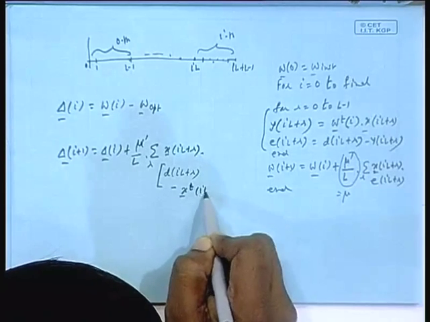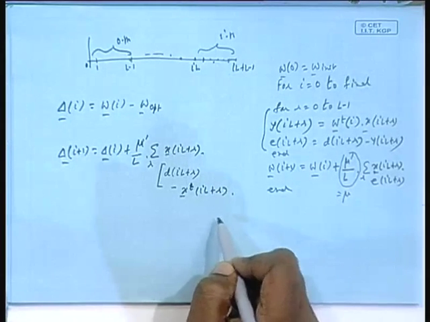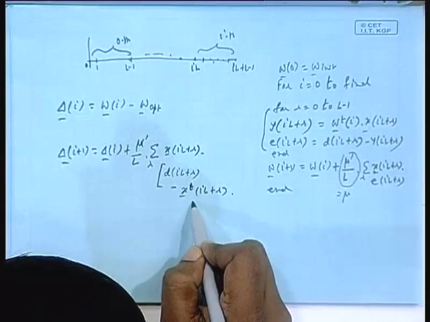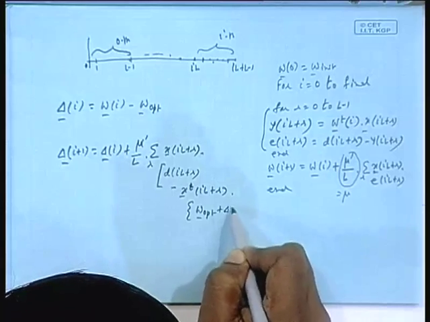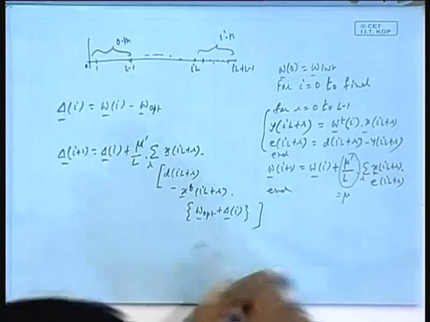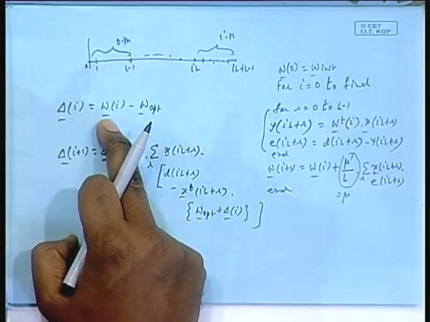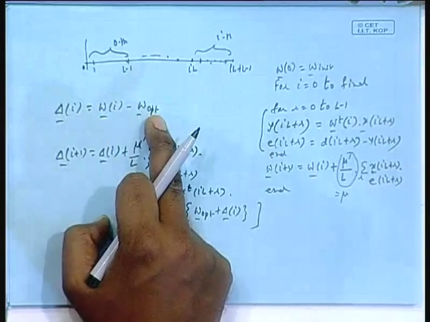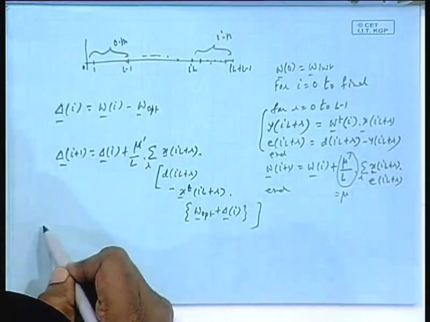X transpose I L plus R into W I L W I, but W I is what? W opt plus delta I, isn't it? This together is delta I plus W opt is W I, this plus this, that is what I am doing here. Now, apply E